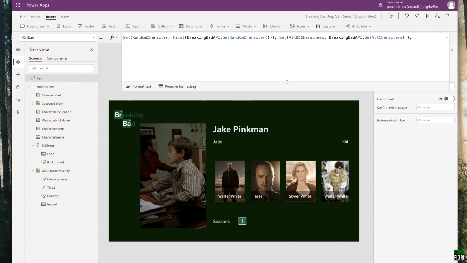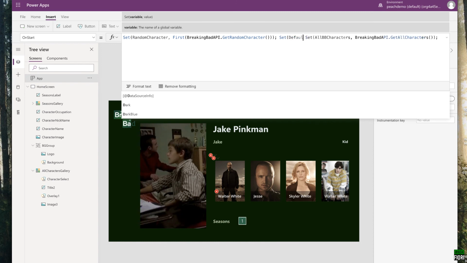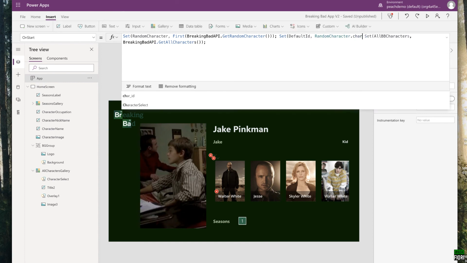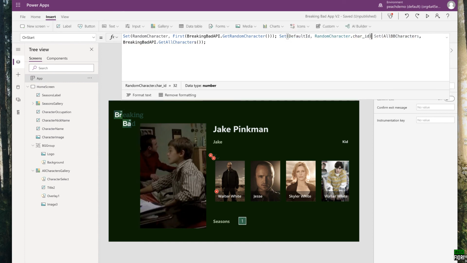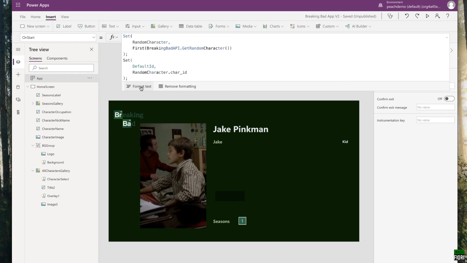Let's drag back here, and to get the ID, this is how you do that. Set another variable. I'm going to say default ID will be from the random character. While it's set up, random character dot character ID, and then close it and semicolon. Within the semicolon, you can separate plenty of functions here. If you want to format it, you can just click, and it will be nicely formatted. See, nice. Let's click run on start,